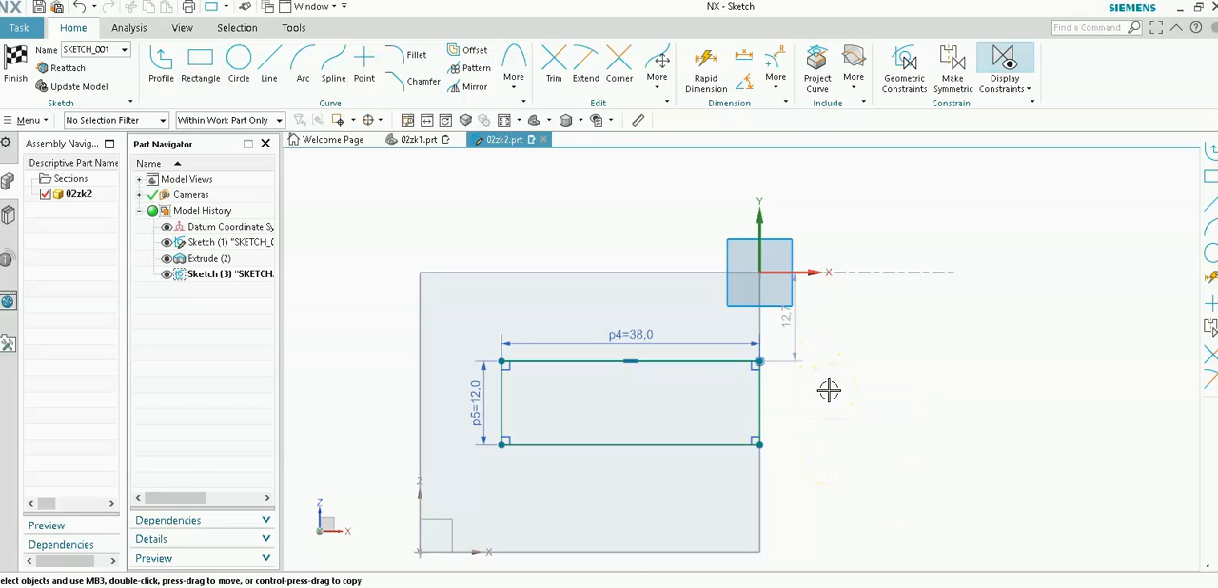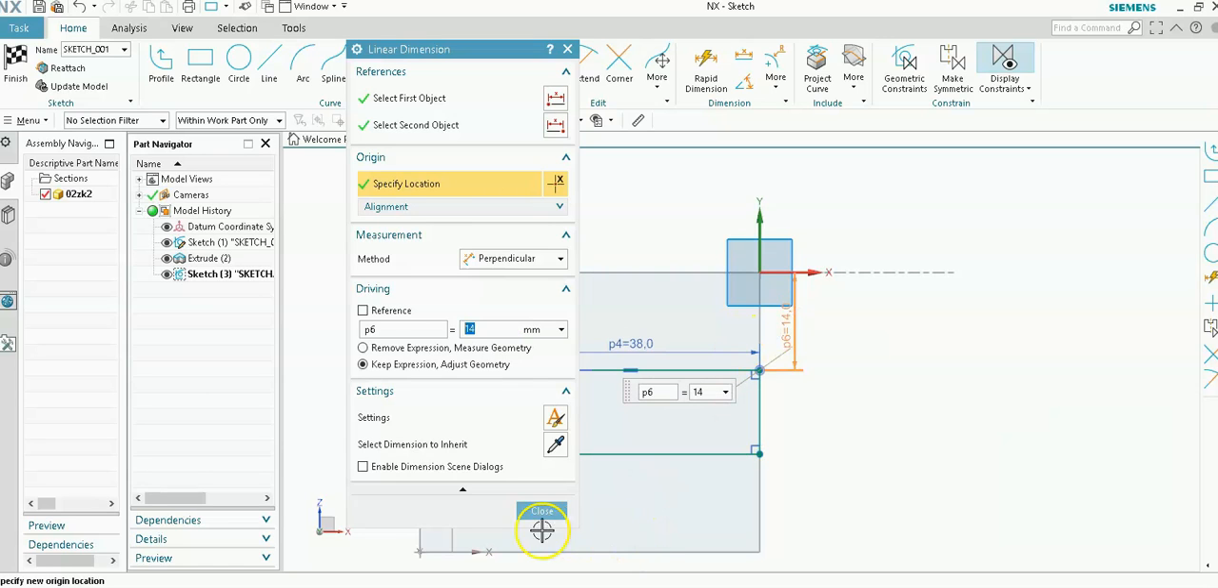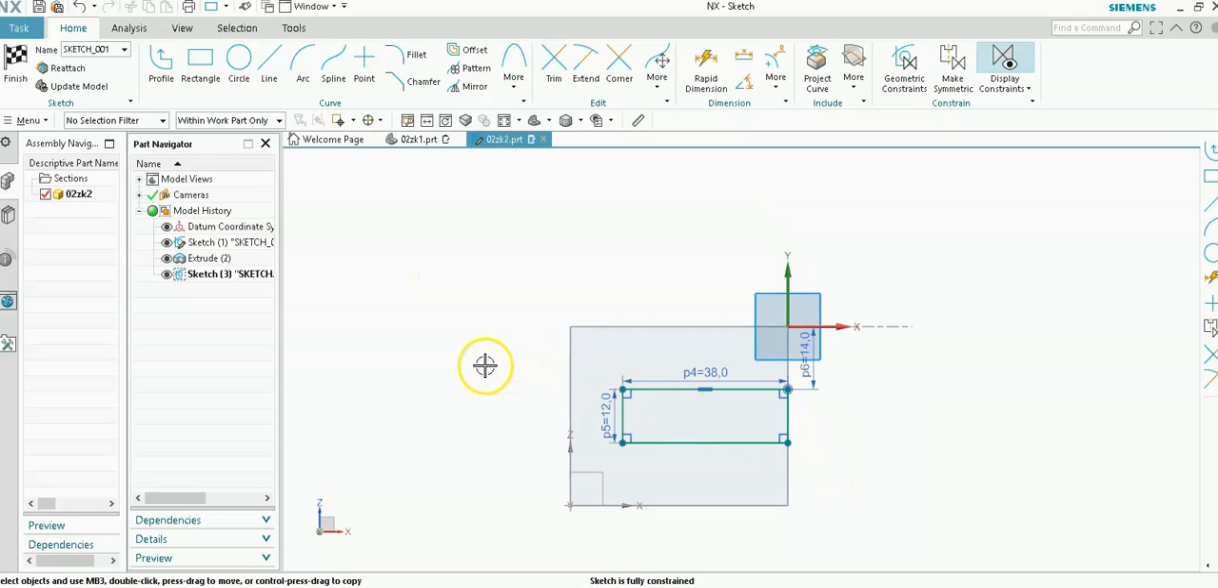Now press escape, and this time I'm going to modify this dimension. I would like this one to be 14. Enter, and close this dialog box. Now you can click on Finish from the ribbon,